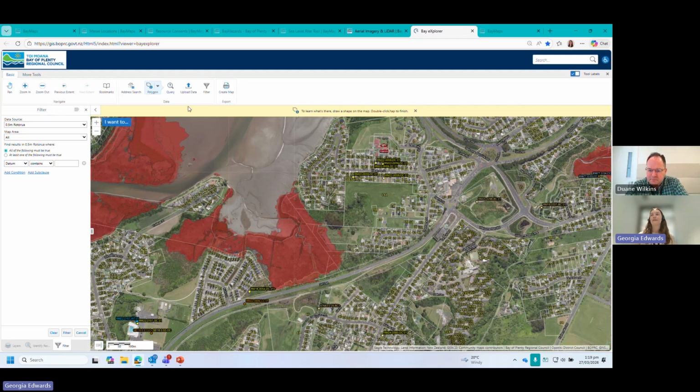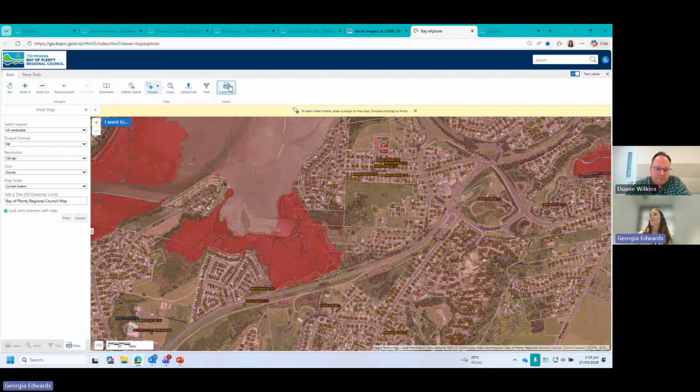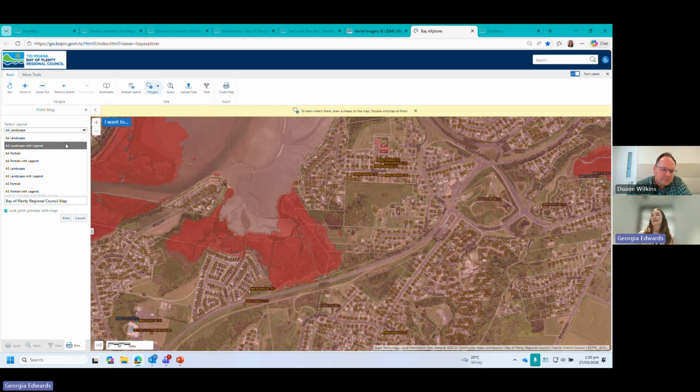It's just for you to view it, and then it's gone once you've closed the app down. There's also the option to create your own maps, similar to PDF printed maps in the other viewers I've showed you. You can select A4 landscape or A4 landscape with legend. So a slight difference there. You have to come in and select whether or not you want the template that comes with the